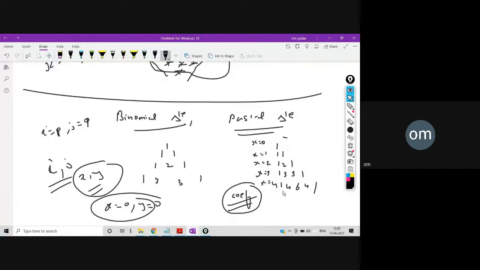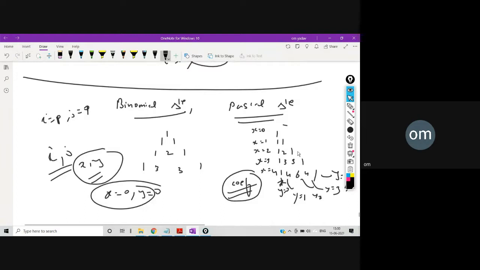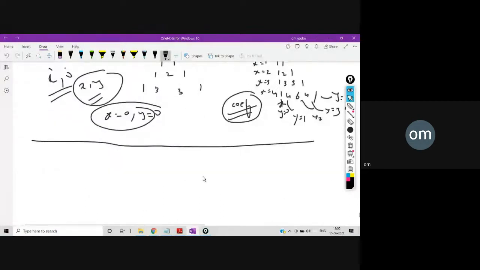If we divide into columns, this will be the first column, y equal to 0, this is y equal to 1, y equal to 2, y equal to 3, and the last one y equal to 4. Okay, now I have to print this right here in a bigger font.